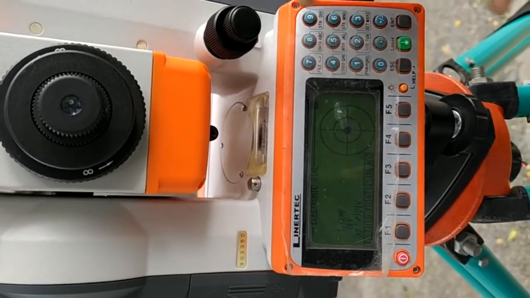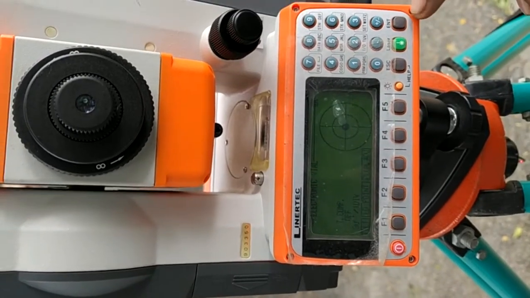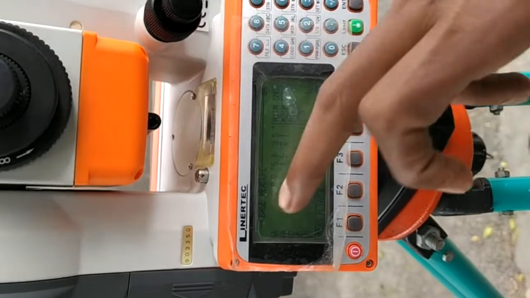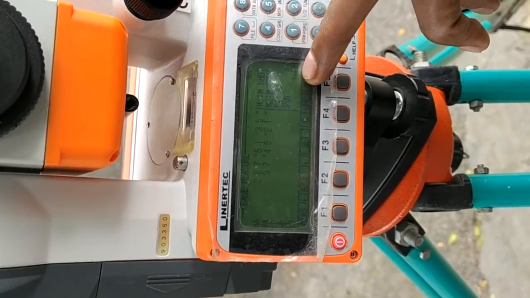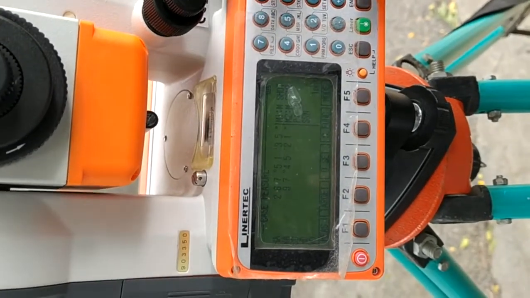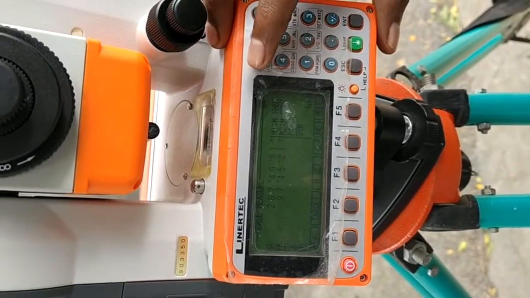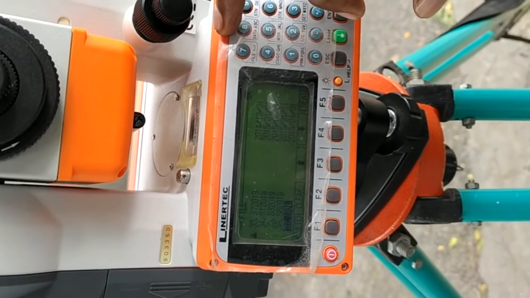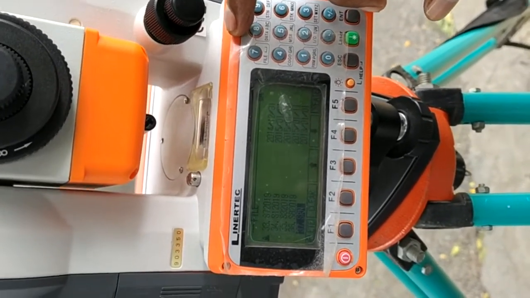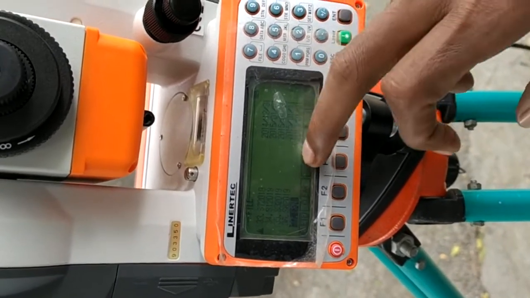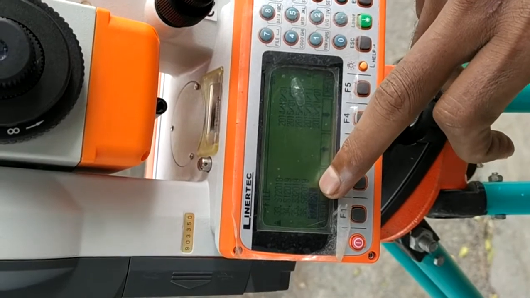So here we can start the practical by pressing the enter key. I have already pressed enter. Here are some files. So we will create a new file. For a new file we use number 7. Okay, I have pressed the number 7. Then on the display we are all seeing some files created before. Here is the date, and here are the file names.